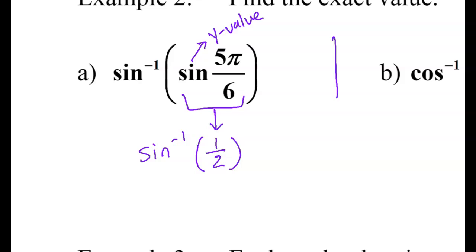So again, we know that sine is our y value. I'm looking on my unit circle for when my y value is a half. Now I know you're saying, oh, well, 5 pi over 6, what we just found, has a y value of a half. But what's wrong with that is